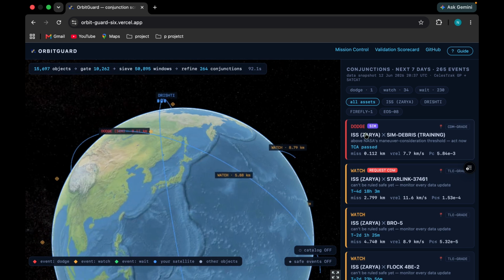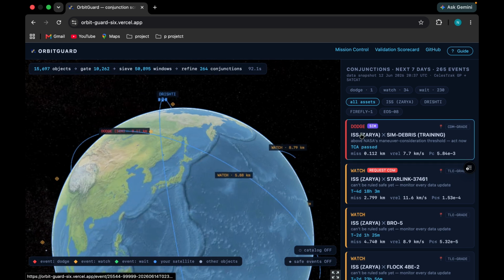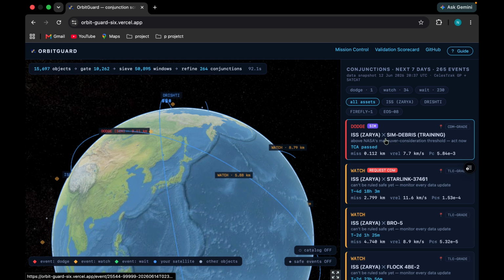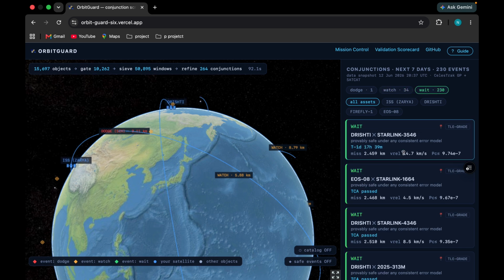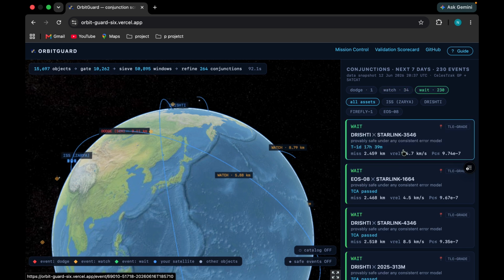Each card on the right is one close approach ranked by risk, and every card carries a verdict. Green is wait, that means provably safe. You can ignore it.